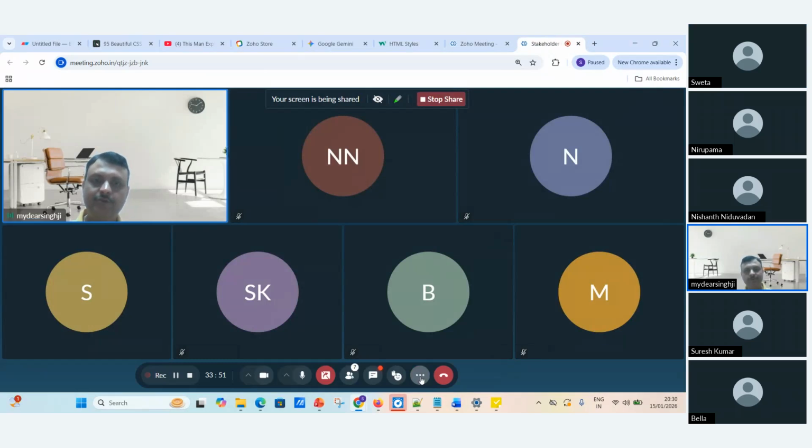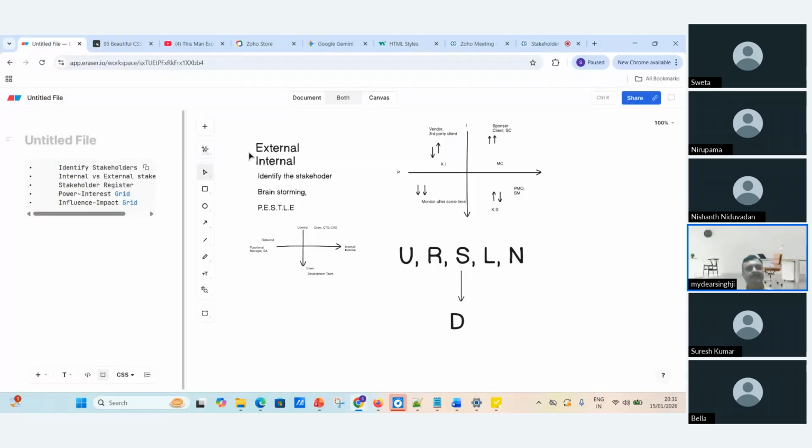Okay. So inside the stakeholder topic, this much is there, and we take care of all of this. We check external and internal, identify the stakeholders, categorize them, then apply the power-interest matrix. Then we write inside the stakeholder register all the details like the stakeholder name, which category, which area, whether external or internal. We write which power and interest he has: more power, more interest.